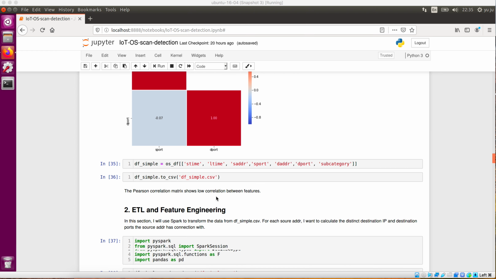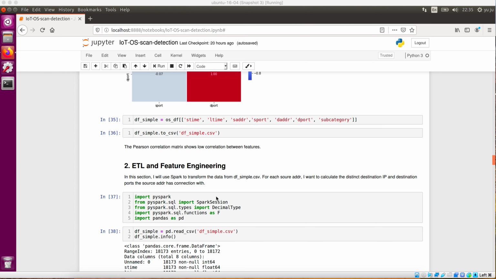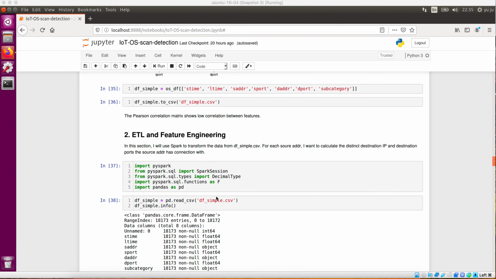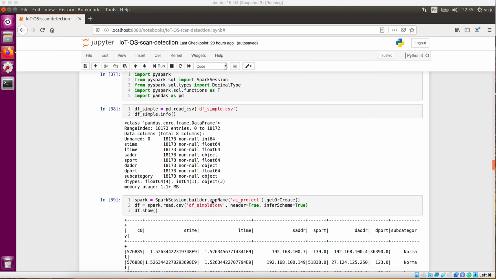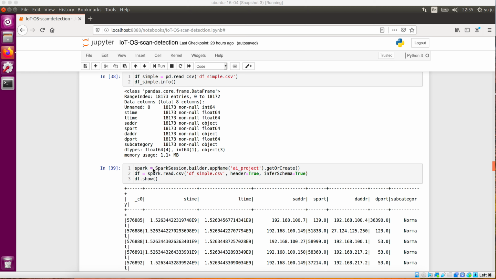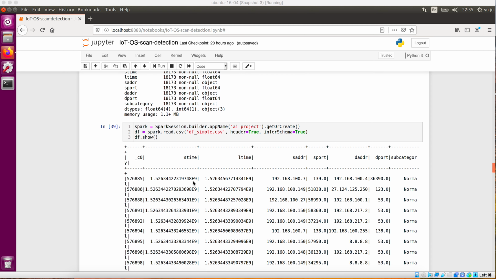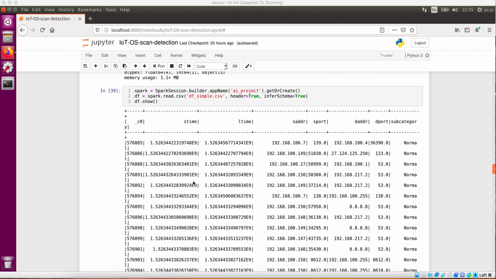and next step we are going to do some feature engineering using Spark. We import PySpark and read in the CSV file saved in previous steps, and we start a Spark session and we read the CSV file,